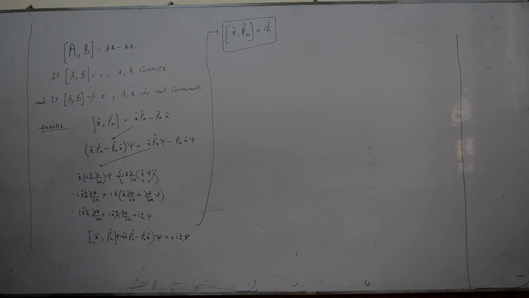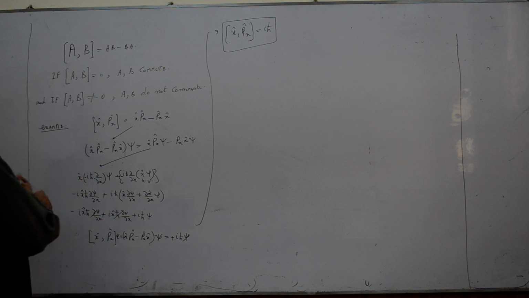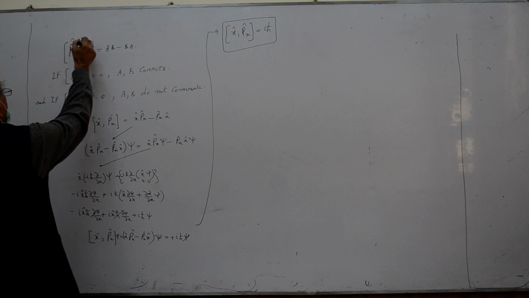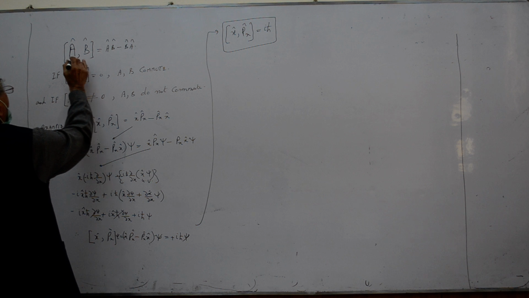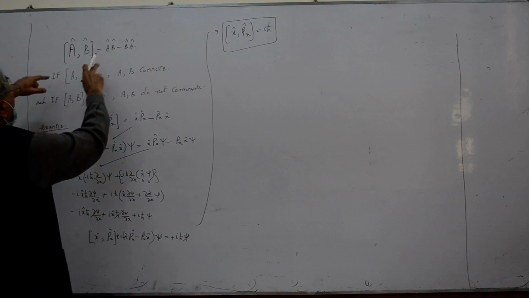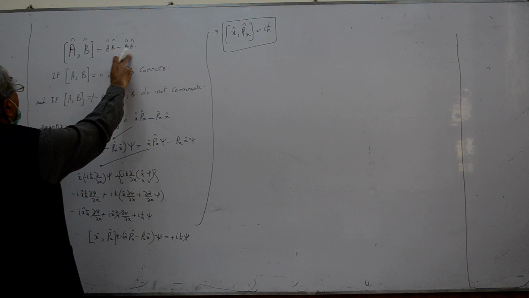One postulate says that you have to replace every dynamical variable by its corresponding operator. Then operators are such that sometimes they commute and some operators they do not commute. Now here, if you have two operators A and B, then this square bracket means AB minus BA, this is known as the commutator